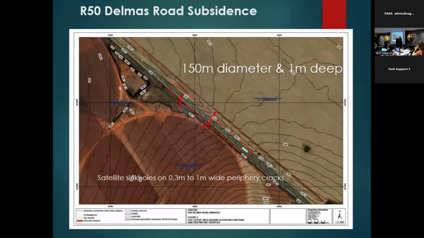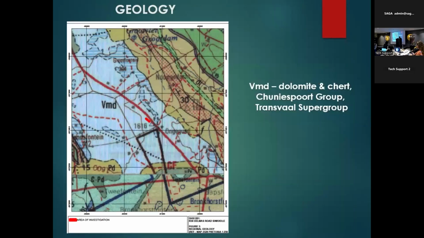Okay, this is the first case study. So all 50 Damas rock subsidence. It's a 150-meter diameter by 1 meter deep subsidence. It's been there for a very long time, more than 20 years, but unfortunately it was reactivated after a farmer drilled a borehole and started pumping water 60 meters away from the subsidence. When we visited the site, we could see it's got some linear feature extending all the way through here. Obviously, it's on dolomite. This is the position of the site.